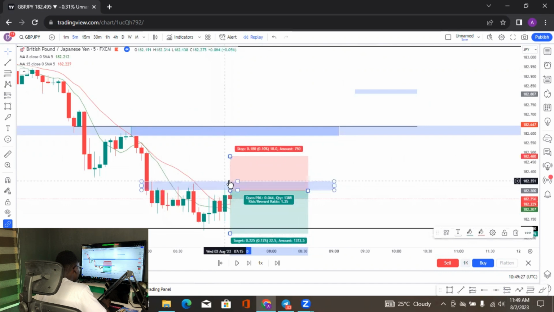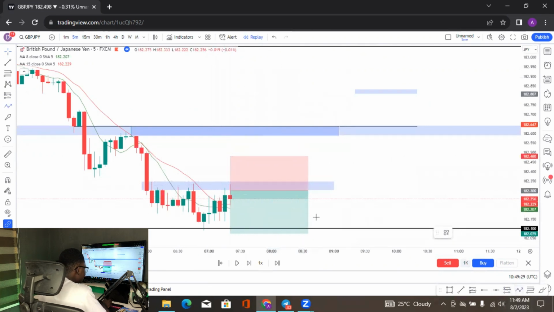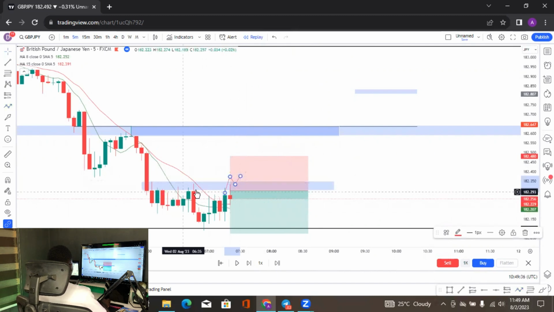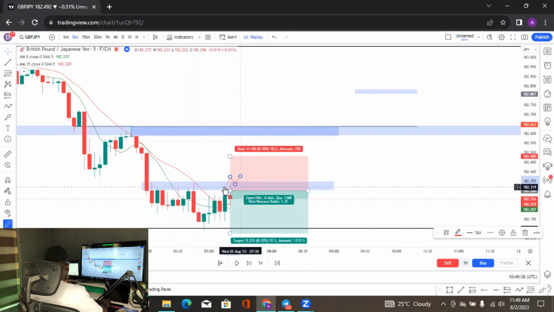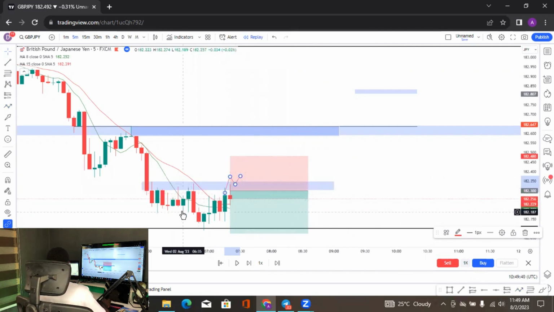So after price broke this level right here, after seeing a bullish momentum right here, I told my VIP members to cut our losses short. We told them to cut the losses short because price had disrespected our setup. So that's why it's very vital for us to know when to leave the market once price disrespected